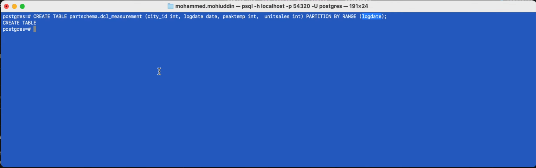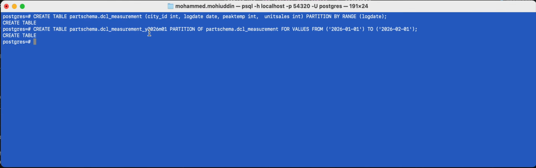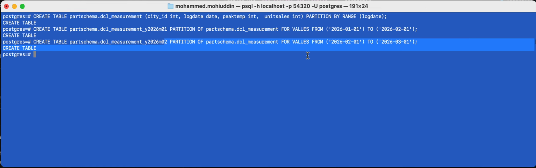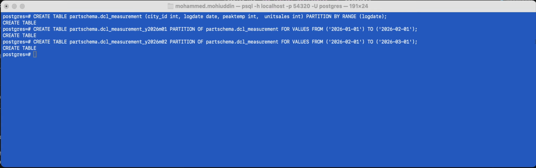I'm going to specify the same criteria here: Y2026 M01 is going to be a partition of the DCL measurement table, and the values are ranging from 1st of January to 1st of February. Similarly, we can see the second partition, just change the range that we want to vary here and then give the name as Y2026 M02, and see it's between 1st of February and 1st of March. So now we will go ahead and